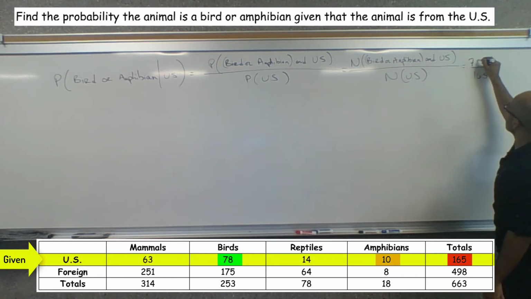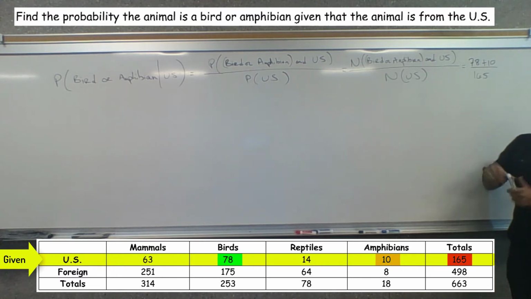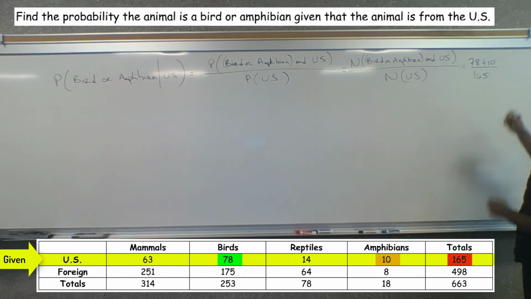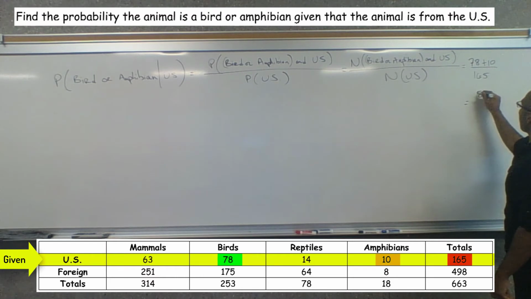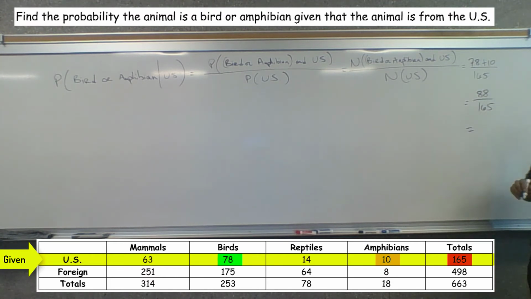So this would be a little summation of the 78 plus the 10, right? So our answer is going to be equal to 88 out of 165, which turns into